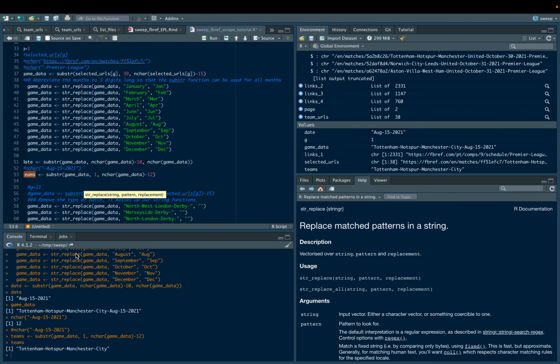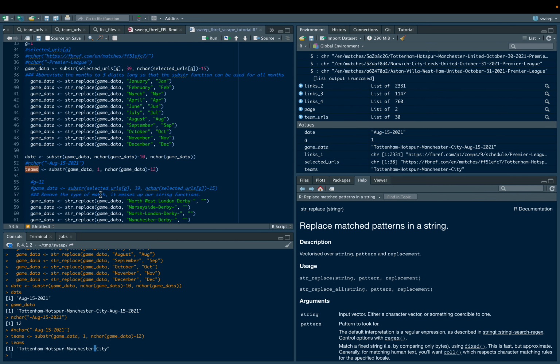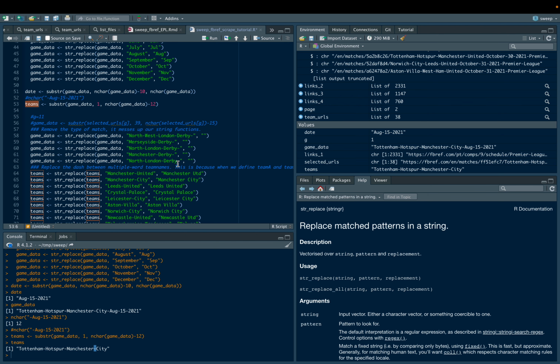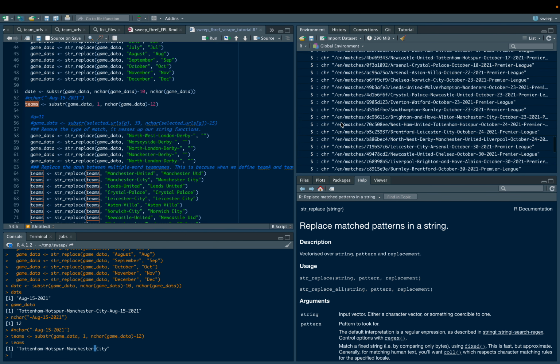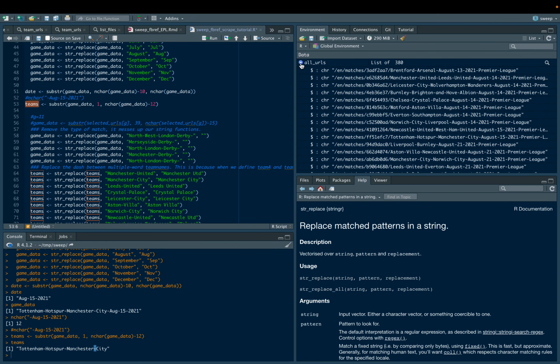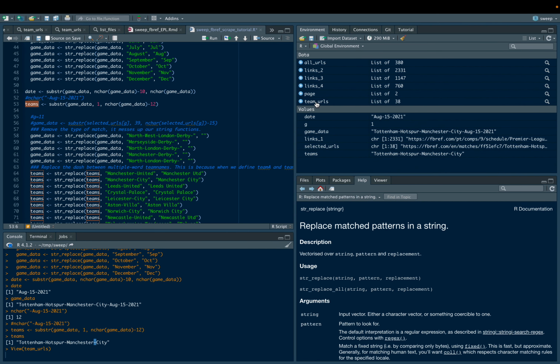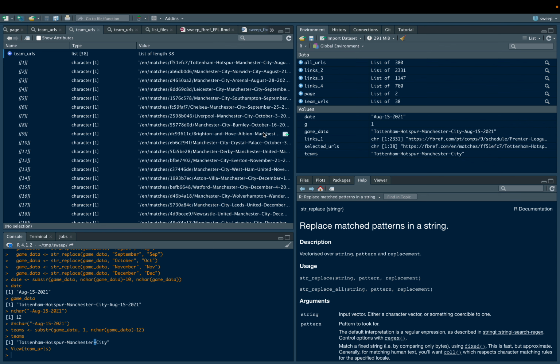Now we want to get team A and team B. The problem is that we don't have a pattern for this. So one thing I want to do is remove the dash between the team names. Okay. But before I do that, what I noticed, and I noticed this the hard way, is that in some games, for example this Manchester Derby game,